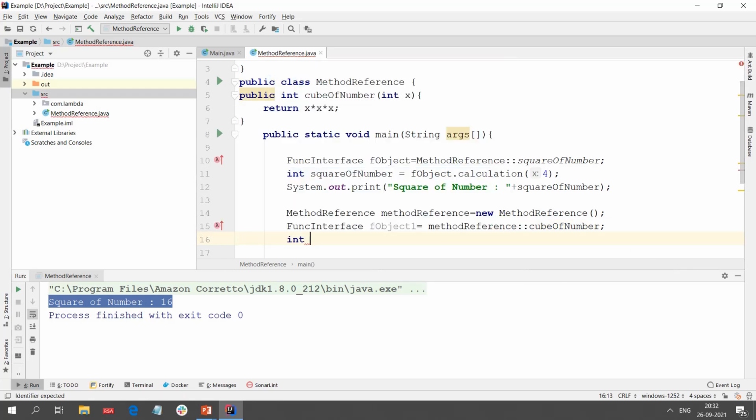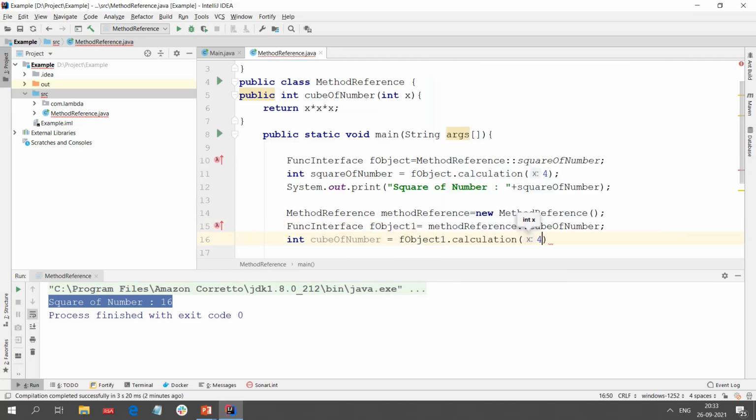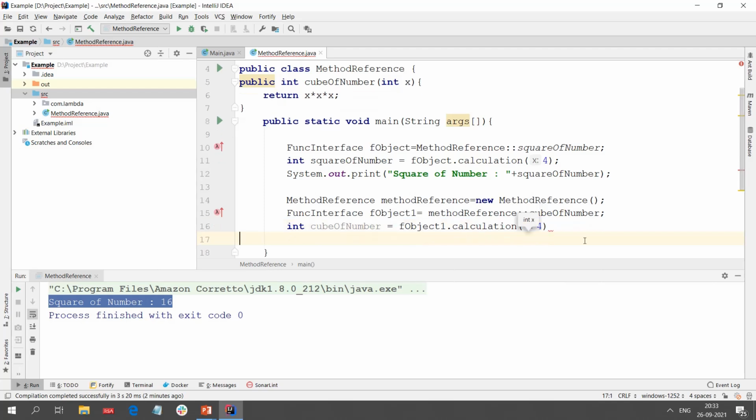Let's have a variable called int cube of number. Calculation, and let me send the same integer value and let's print it.